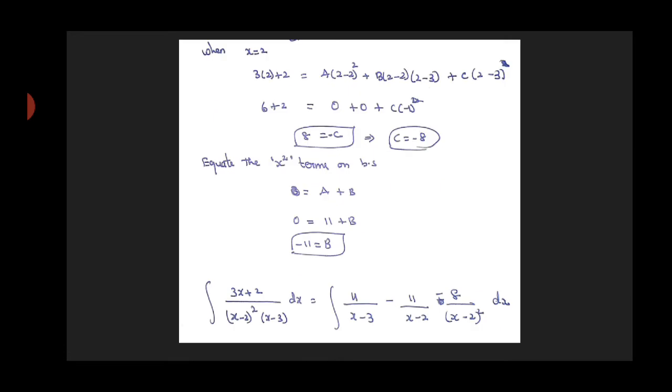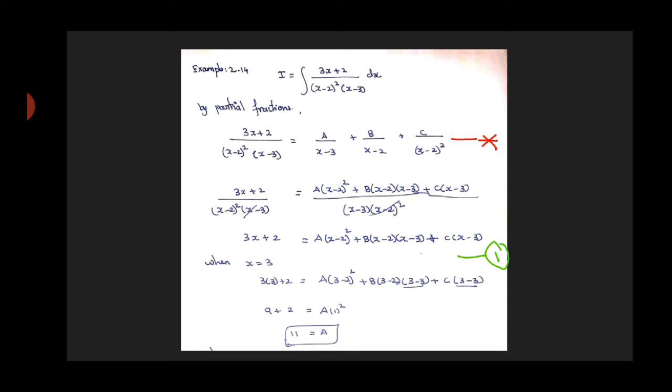So in that green color equation, the left side there was no x square term, so 0. On the right side the first term will be having x square and its coefficient is going to be a, and in the second term of the right side you will be having the bx square term. So b is the coefficient, so a plus b equal to 0. So we know the a value. A value is 11. When this 11 is applied, we get 0 equal to 11 plus b. Now take the 11 to the other side, so b equal to minus 11.